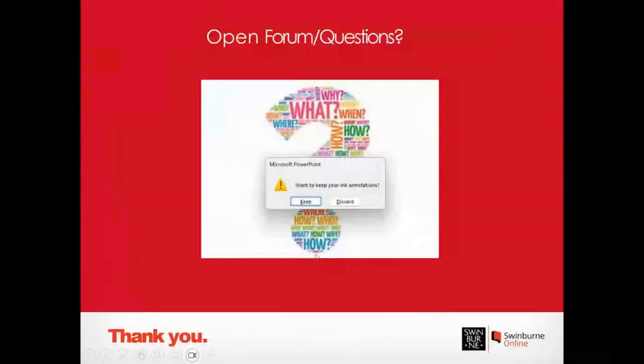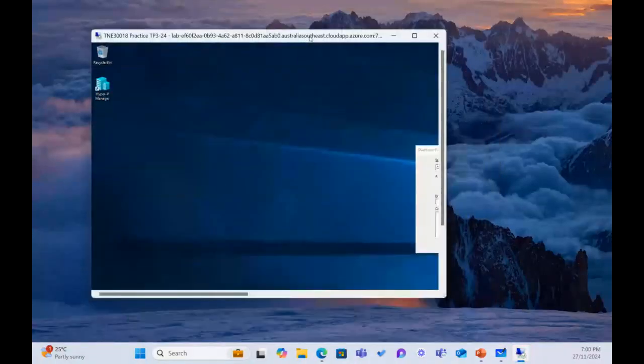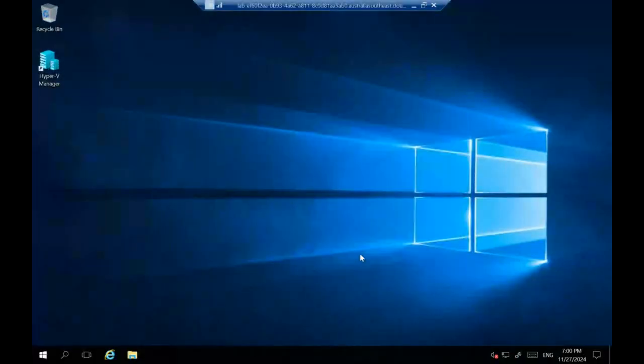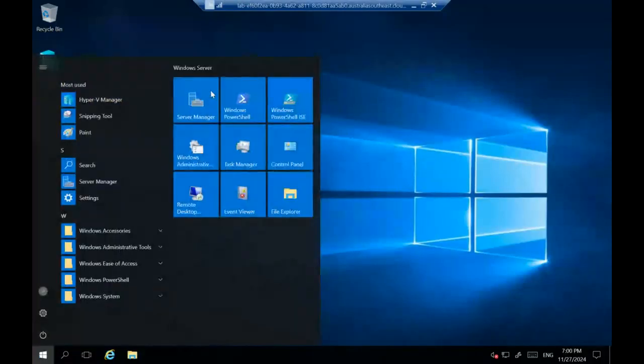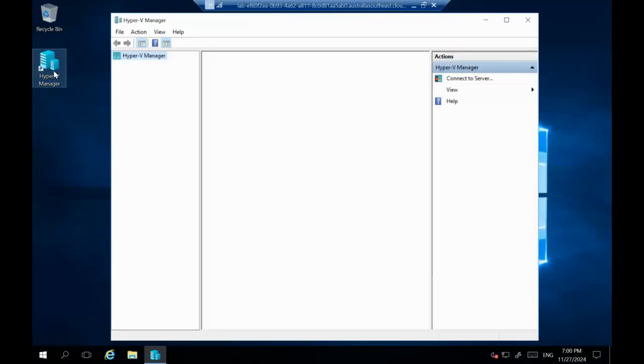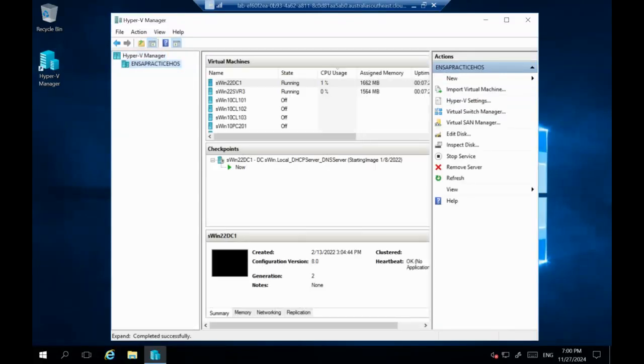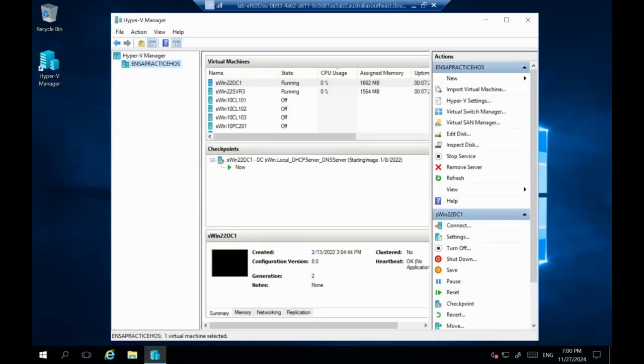All right, let's just go into this lab. As usual, we'll go to Hyper-V. And what else are we going to do? We're going to get the lab. So I'm working on lab 4A. And what I need to do is,